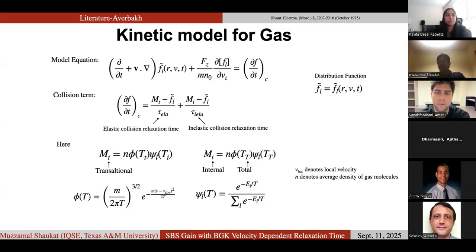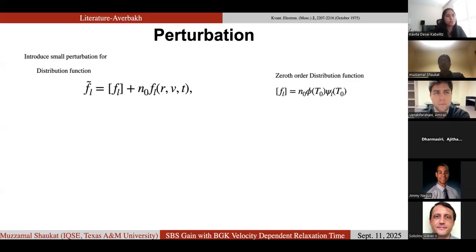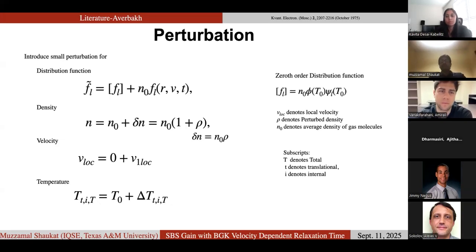For that, we introduce a small perturbation to the distribution function, where the first term is the zeroth order, and the plus n0 f of L is the first-order perturbation with respect to the distribution function. So now the question is, do we need just one perturbation? Is that enough to solve the dynamics? The answer is yes, we can use this perturbation with some density perturbation to solve the dynamics